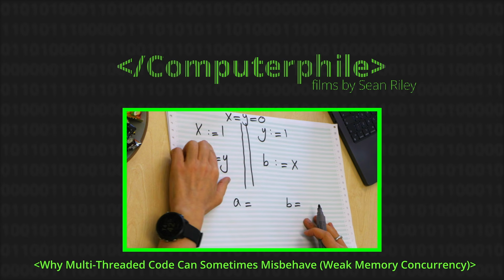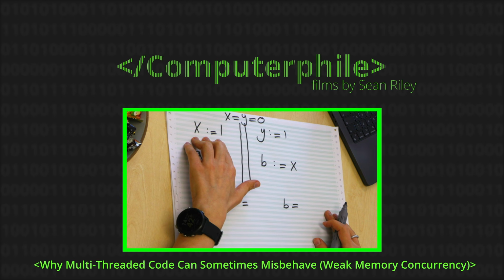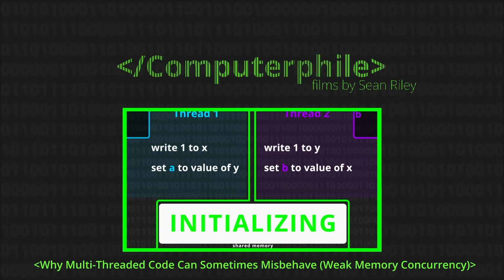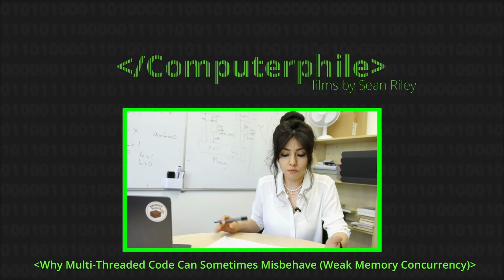So here, for instance, one possible interleaving is that I execute the write to X first, and then the write to Y. So the two writes are executed before I move on to the two reads. As a result, both reads will observe the updated value and they will both read 1. Another possible interleaving